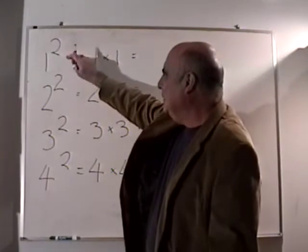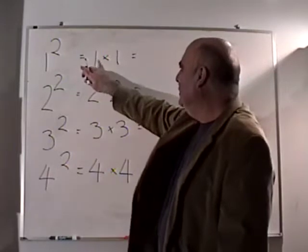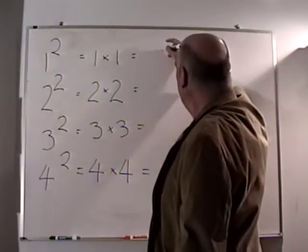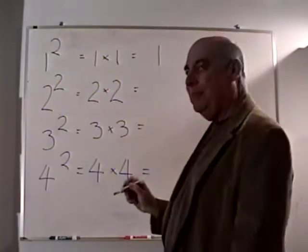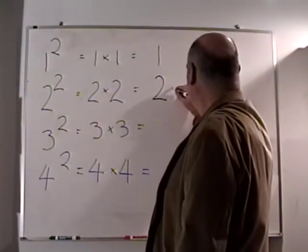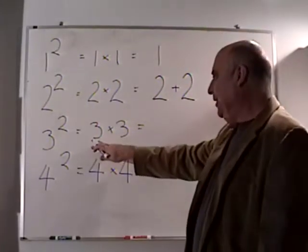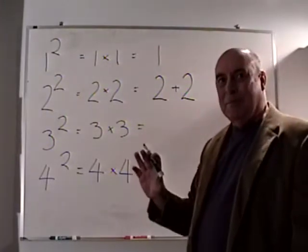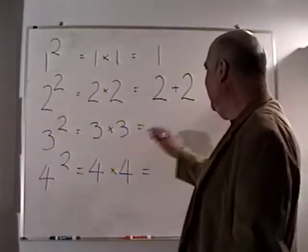Okay, now we're going to add up 1 squared plus 2 squared plus 3 squared plus 4 squared. 1 squared equals 1 times 1, which is simply equal to 1. 2 squared equals 2 times 2, which is also equal to 2 plus 2. Now, 3 squared equals 3 times 3, and remembering that multiplication is really multiple applications of addition, 3 times 3